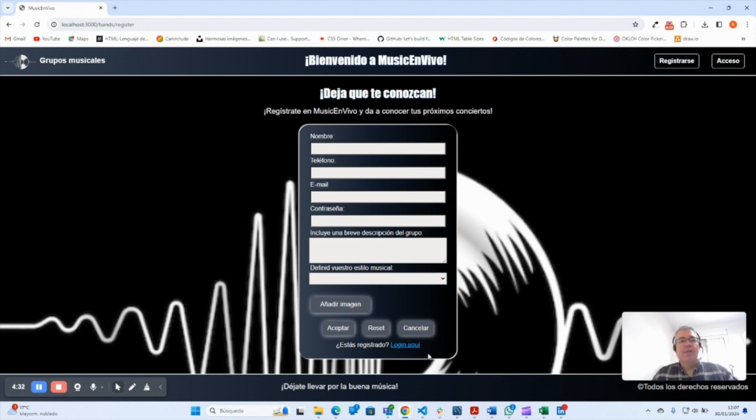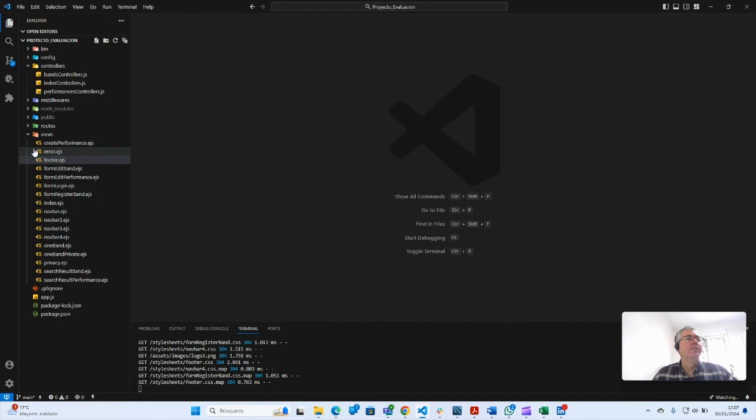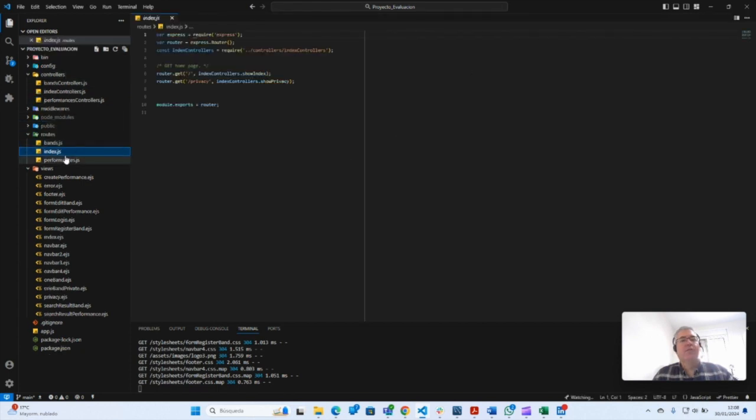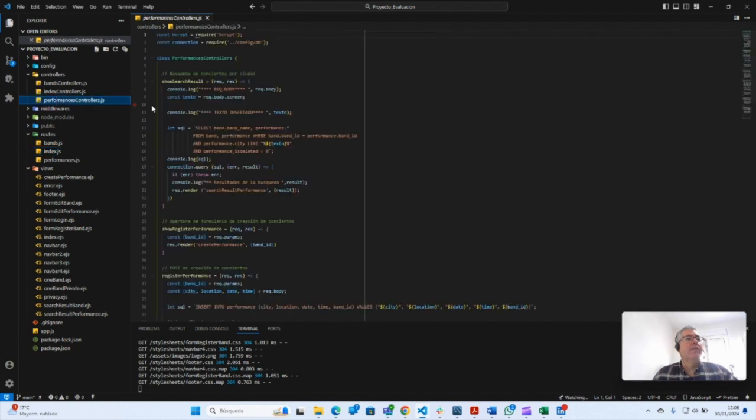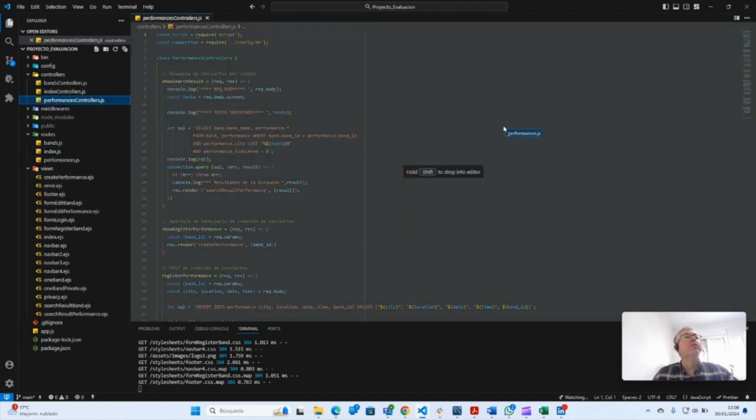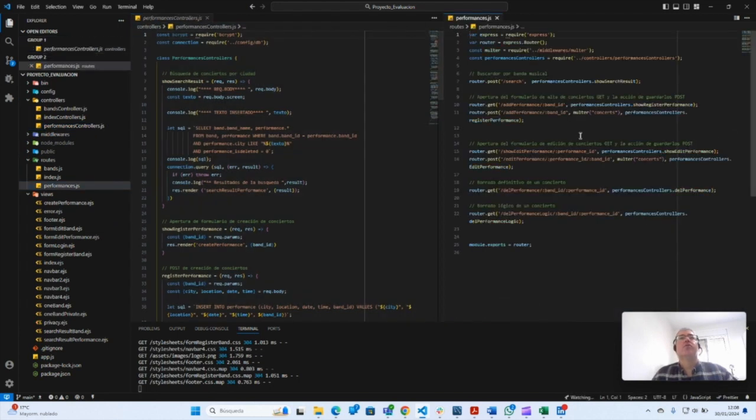And now let me show you what we've done, for example, in Visual Studio. We have our routes. We started by setting up routes and controllers for our index. We have our bands and our performances. These are the routes for controllers, for example, for performance controllers, and we have the routes here. So we have for deletion, for logical deletion, then we have the get and post for getting information for edition of concerts. Then we have the forms for registering performances, the search results, and the same happens with the bands